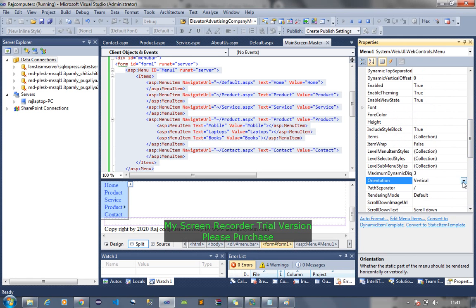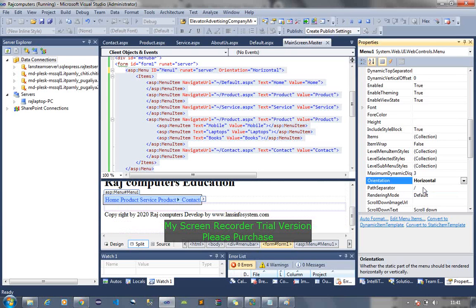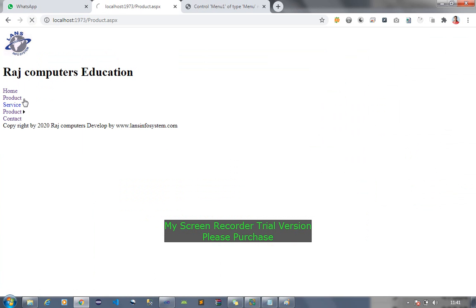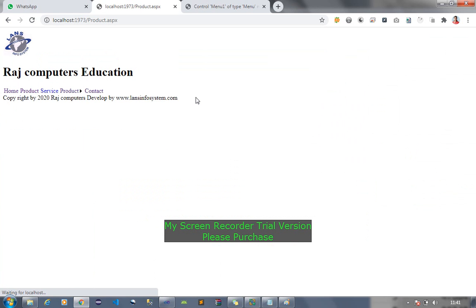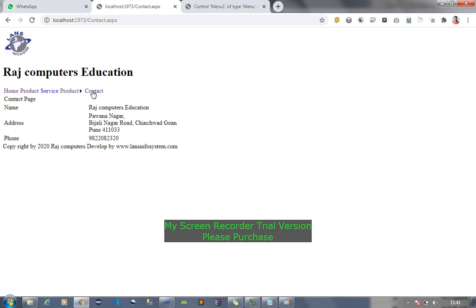It's not vertical, it is horizontal. So you just save this and update it. All menus will be in horizontal format. If I go to contact, it is showing my menus here and it is showing my data. And this is all for the session.